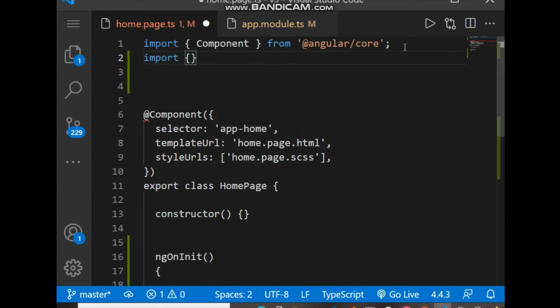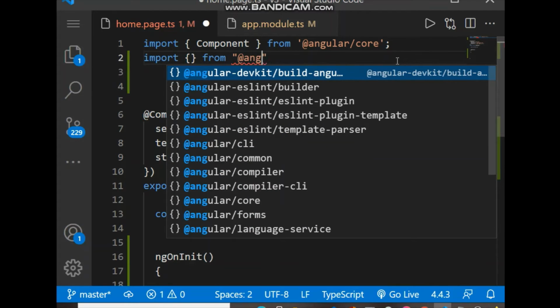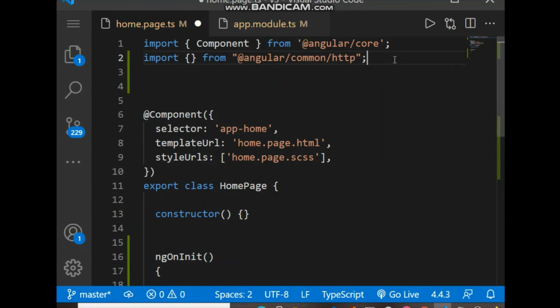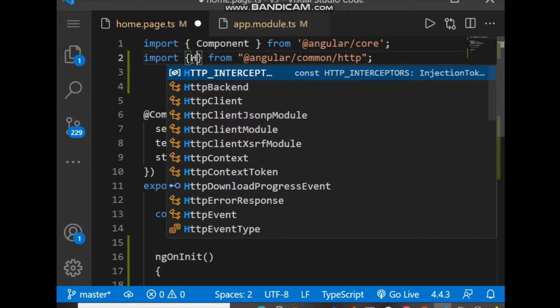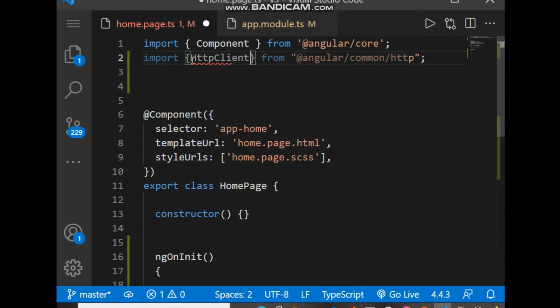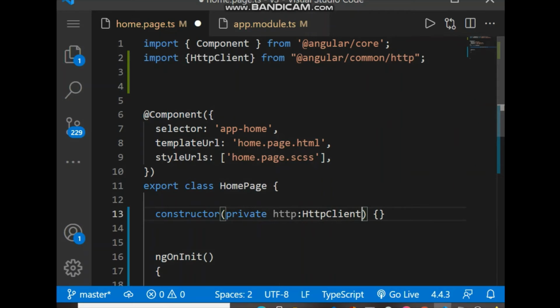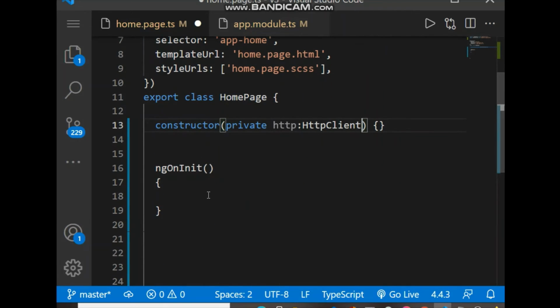So import from @angular/common/http, and we have to import HttpClient, and inside the constructor let's declare private http: HttpClient, and inside ngOnInit we will call this API.